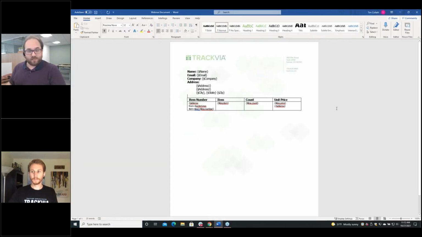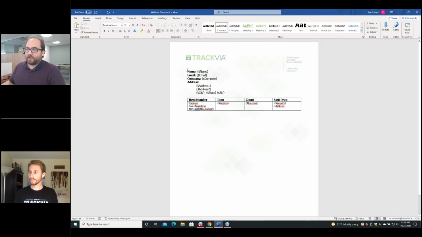Again, this is just built in Word. It's a standard mail merge. This is part of Word. So we set up some tags here for what these are coming into. Basically, how it works is you put the brackets and the dollar signs around a word, and that word becomes the tag that it's expecting for the information that's going to come in. So later, when we're pushing this information through our integrations platform, it's going to ask for it by these same names. But they can be anything you want.